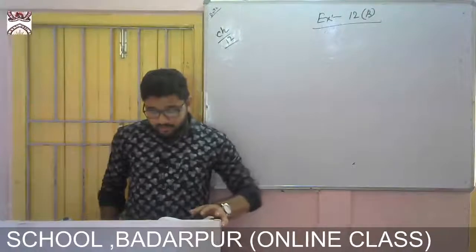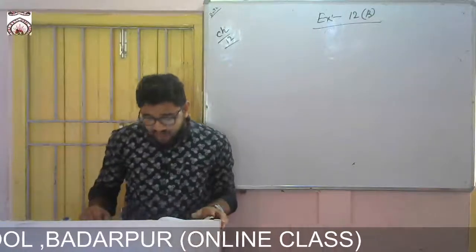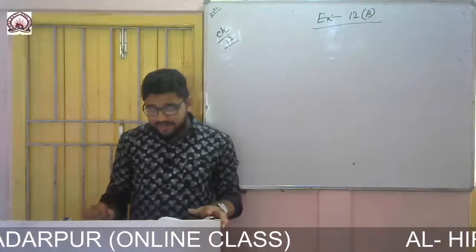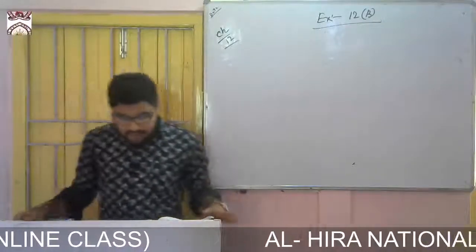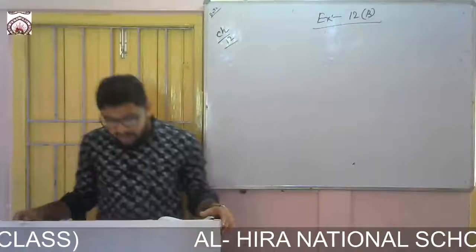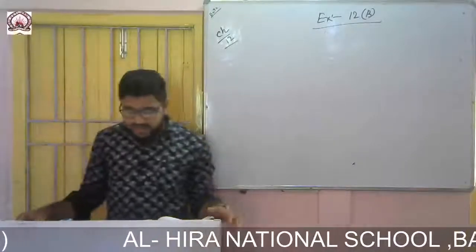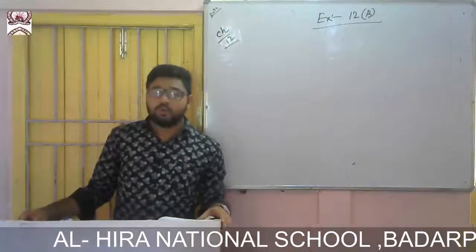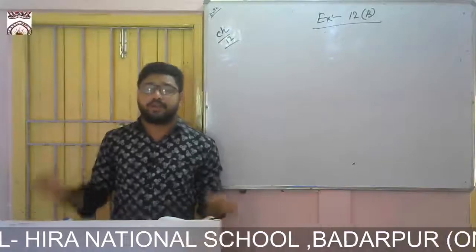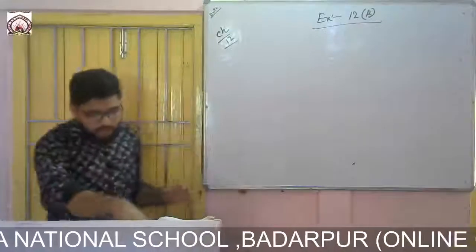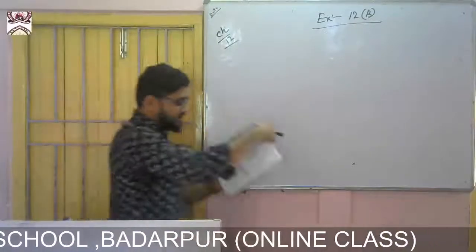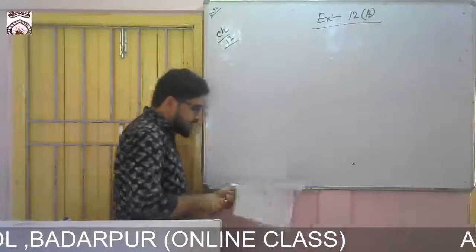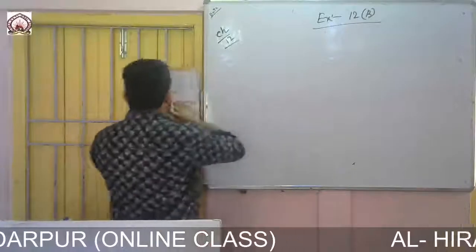Here you see, in triangle ABC, AB is given 7 centimeter, AC is given 6 centimeter, and BC is given 9 centimeter. Now measure A, B and C. So we need to construct triangles. Before that, first you write what is given, then we shall construct.